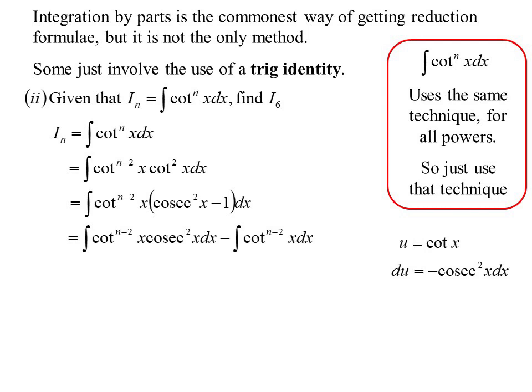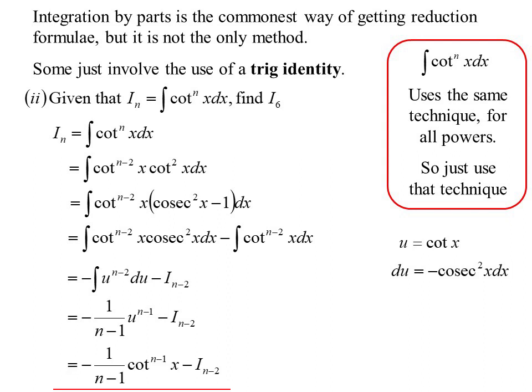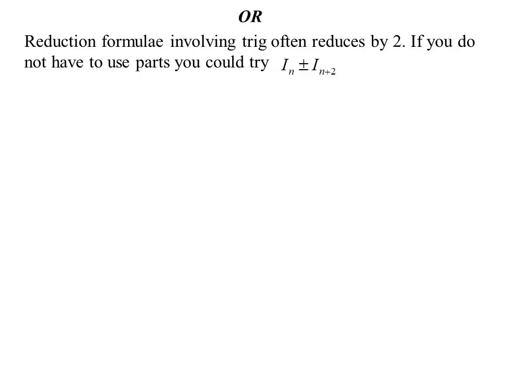But the second one, look, it's the same integral, but the power has been reduced. Let's finish off our integration of the first bit, and we've got ourselves a formula. Now they want us to use it to find what cot to the power of 6 would be. Before we do that, another way of doing it, certainly with trig, because of trig identities, then try I_n plus